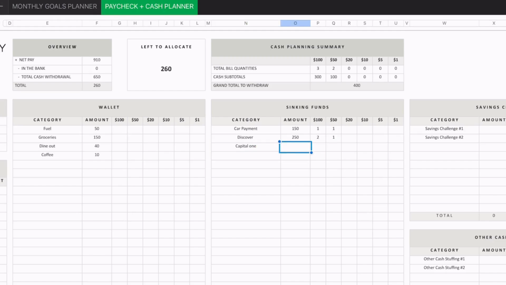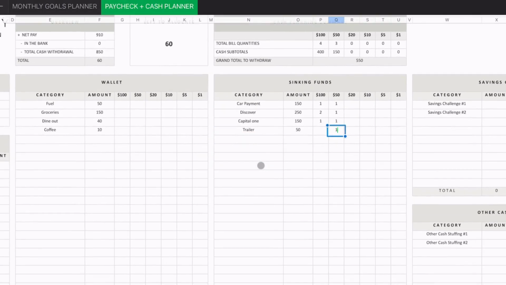And that one is 150. And so I'll pull out 1 and a 50. And then for my trailer, I'm just gonna pull out 50 for that, and then I'll just pull out a 50. Perfect. So then I've got all my sinking funds. So I've got pupper food,